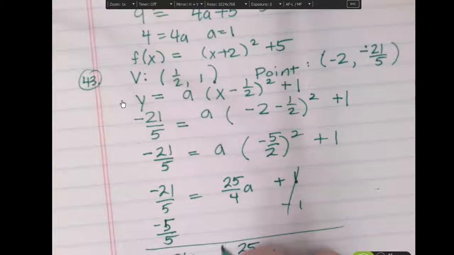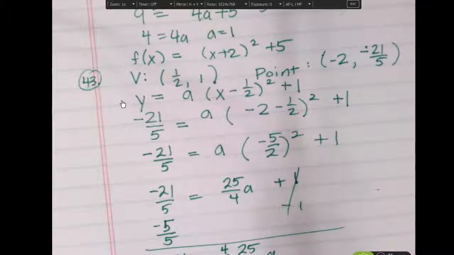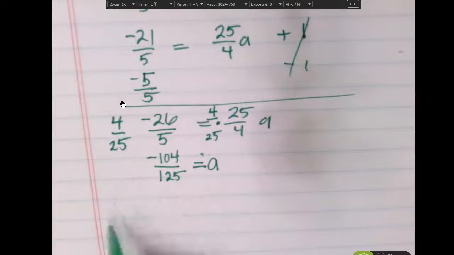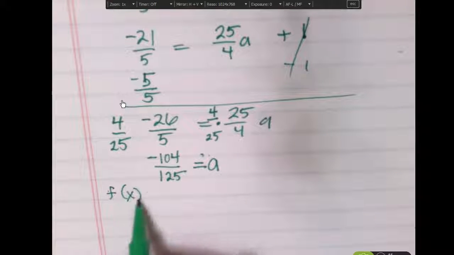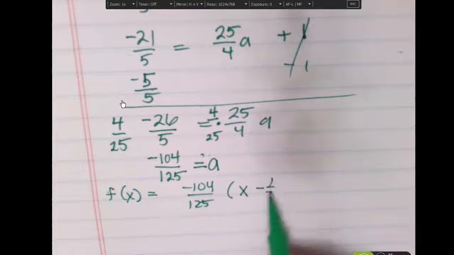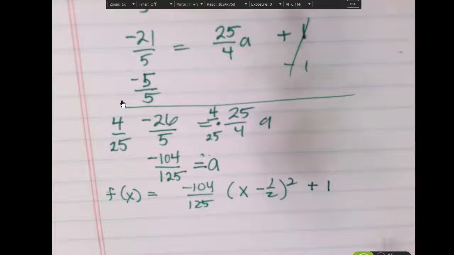And to get a by itself, I'm going to multiply by 4 over 25 on both sides. So we get a equals, and nothing cancels, so 4 times negative 26 is negative 104 over 125. So our final answer, sorry, there's my math for that. Our final answer then is going to be f of x equals negative 104/125 times (x minus a half) squared plus 1, and that one makes me